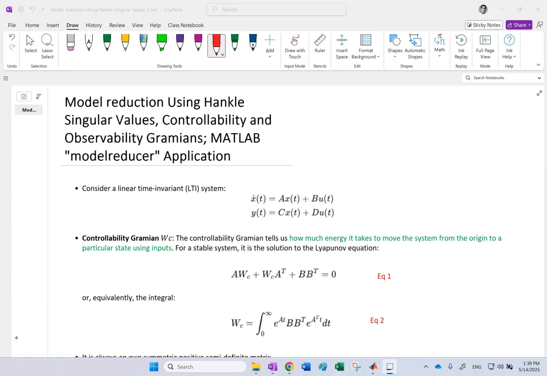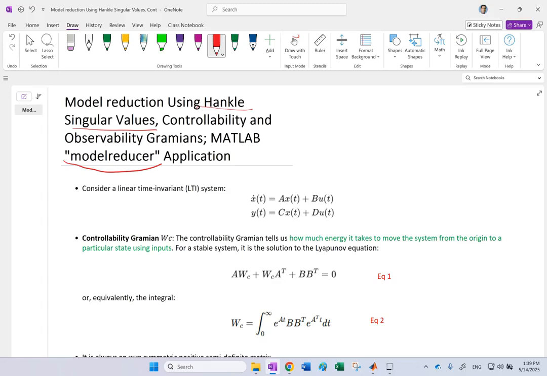My goal here is to tell you how you can potentially reduce the order of a system that has a very high order by using this application in MATLAB called Model Reducer. And then we have to go behind the scenes and see how this Model Reducer is actually reducing the order of the system. The technique for that uses Hankel singular values that I mentioned in one of my previous videos. And those singular values are based on some new